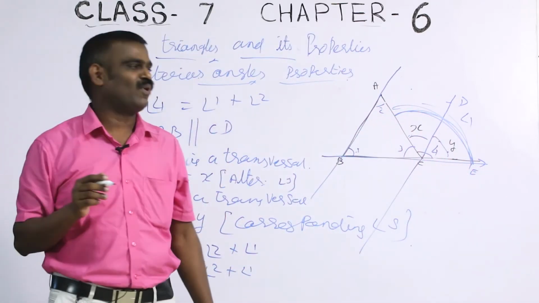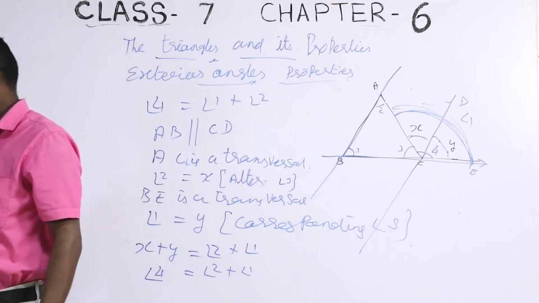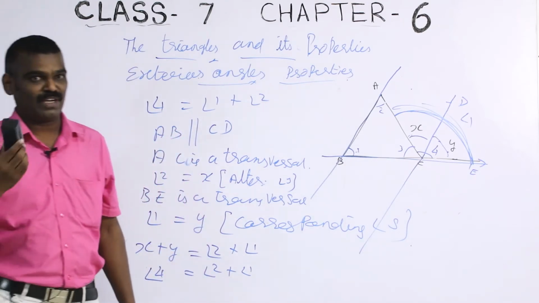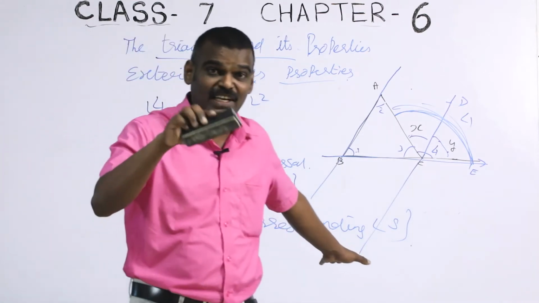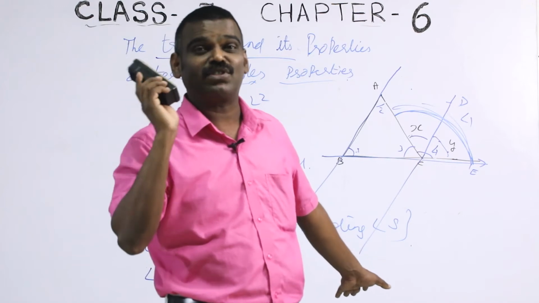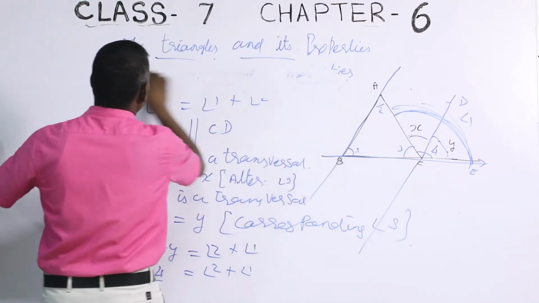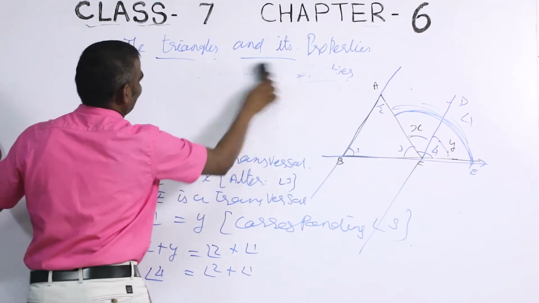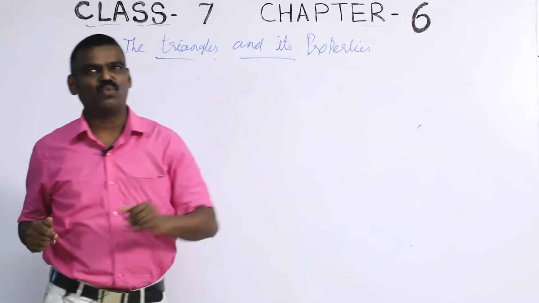Now, I am going to do another question with the help of my helper. I alone can't do it, so I need my helper. So, let us see. Exterior angle theorem is clear, right? Once again, repeat: exterior angle is equal to the sum of the opposite interior angles. Okay, let us go. Before that, we will do one question based on this.